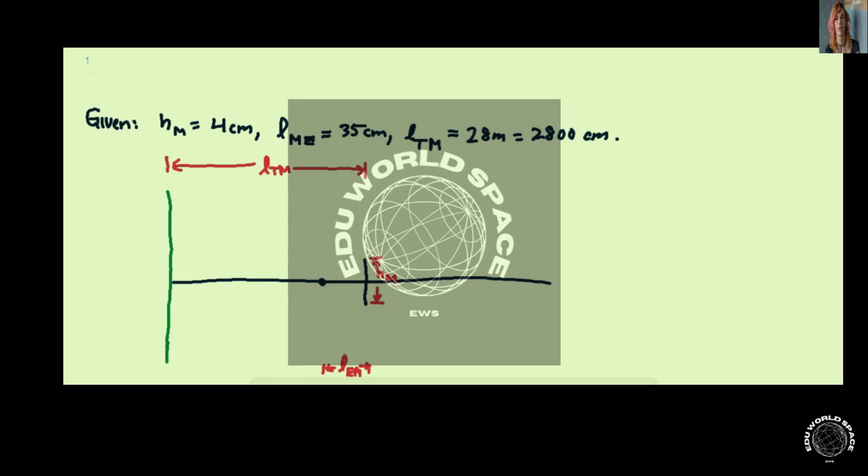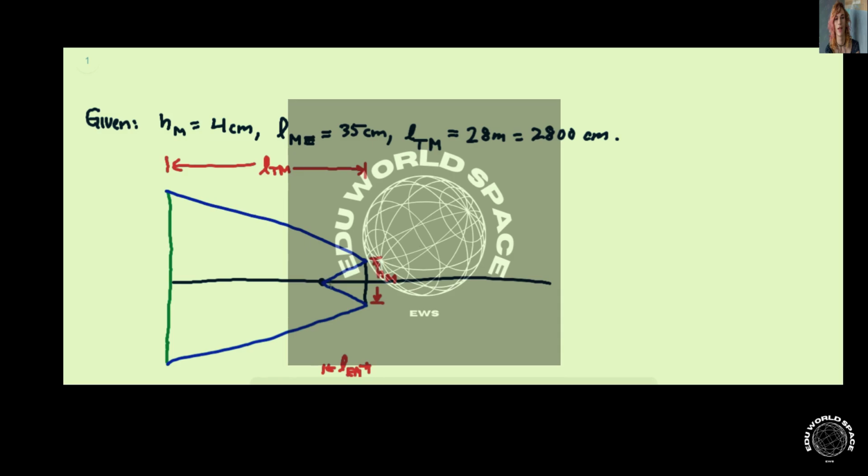So the way we'll solve this problem is to draw some rays from the top of the tree to the top of the mirror, because we're told that the tree covers the entire height of the mirror. So let's draw in some rays, and then it's going to be reflected to the eye. That's how the eye sees the tree, so the rays are reflected there. And then we want to construct an image of the tree